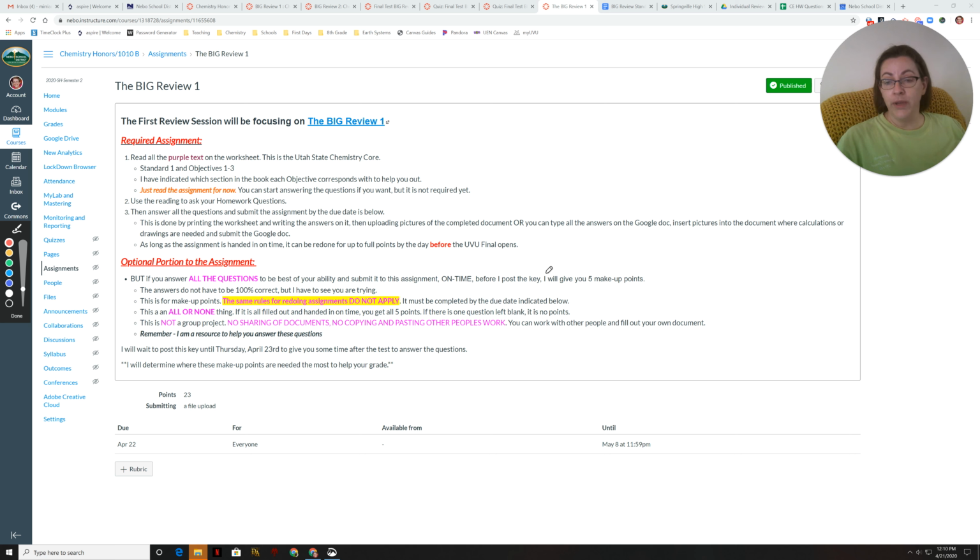So you can print the document and answer the questions, take pictures of it, and either insert them into the document or just submit the pictures. Please make sure the pictures are clear before you submit them. There were a lot of worksheets that I couldn't read what you had written because the picture was not clear. Or you can type everything on the Google Doc, do it electronically. If there's a picture that's needed, take that picture, insert it into the document, and then submit that document.